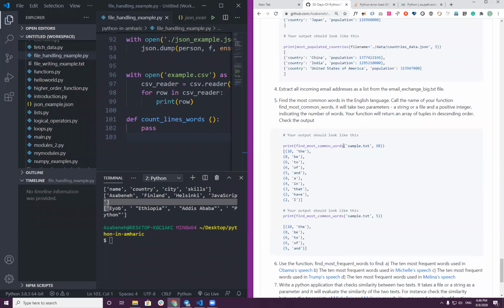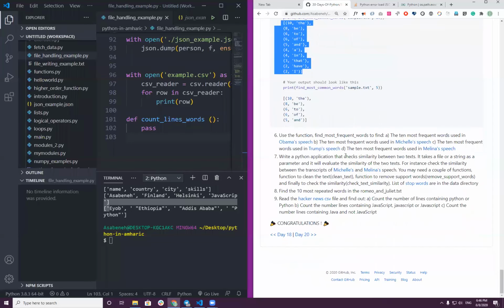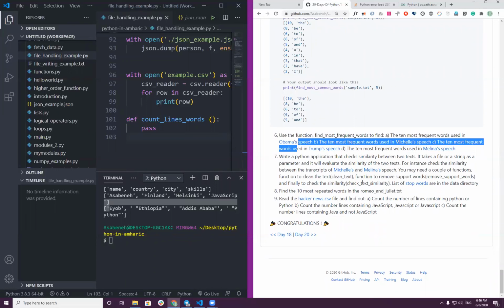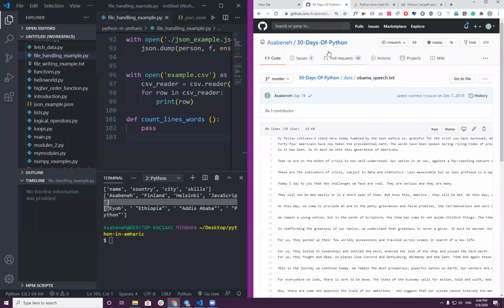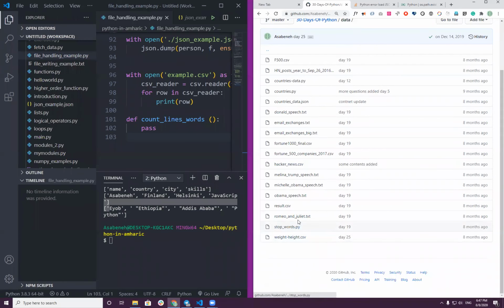Okay, ከዛ find the most common words in an English language፤ ማንኛውንም ቴክስት ስታስገቡለት ይሄን ማውጣት አለበት። ከዛማ የዶናልድ ጄ ትራምፕ ሚስት እና የኦባማ ሚስት ያደረጉት ስፒች መመሳሰሉን ቼክ ታደርጋላችሁ። Go through this. ይሄን ዴታ የምታገኙት ወደ ዴታ ጋር ትመጡና የሚያስፈልጋችሁ ነገሮች ታገኛላችሁ።